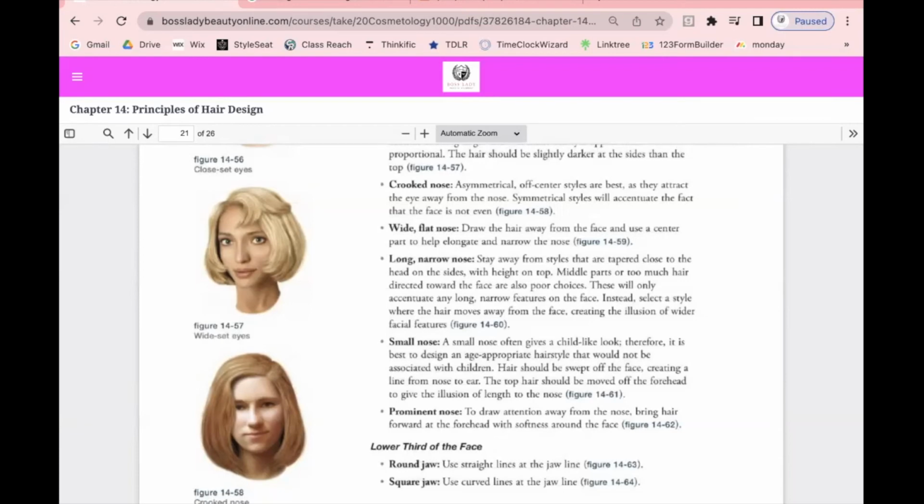Then you have a small nose. A small nose often gives a childlike look. And y'all have to agree, anybody with a small nose looks like a baby. Therefore, it is best to design with an age-appropriate hairstyle that will not be associated with children, like pixies, like how they have here. In this image, they kind of gave this person a long version of a pixie